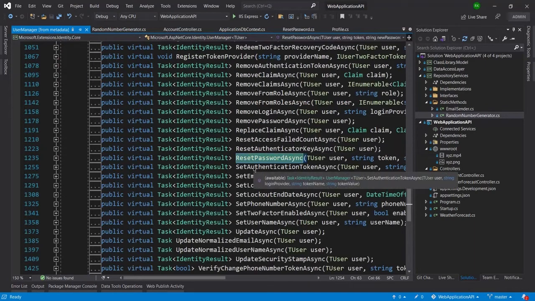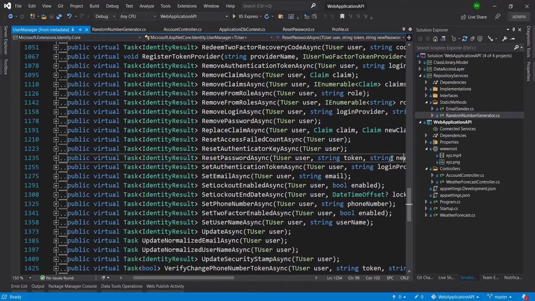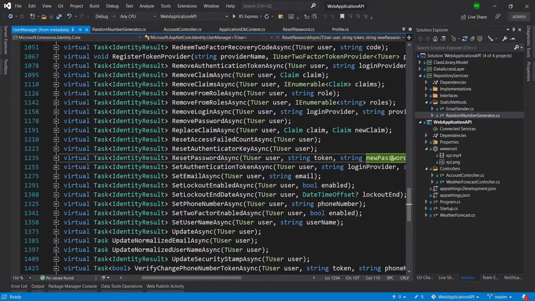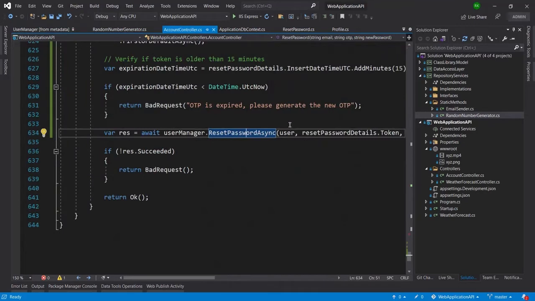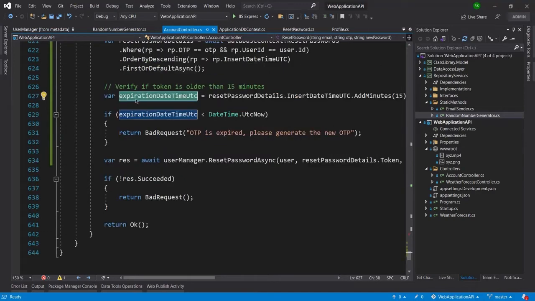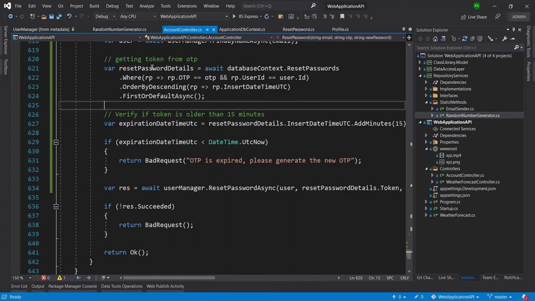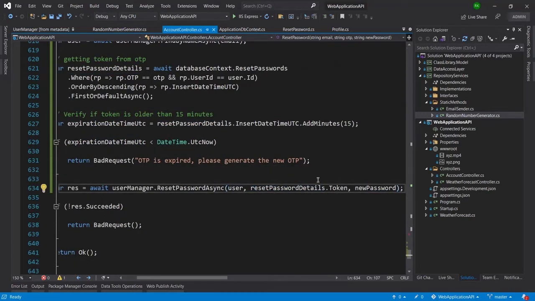Inside this I need to pass the user, then the token, and the new password. I am passing the same thing here: the user, the token that I just received from the database inside reset password detail, and the third thing I am sending is the new password.